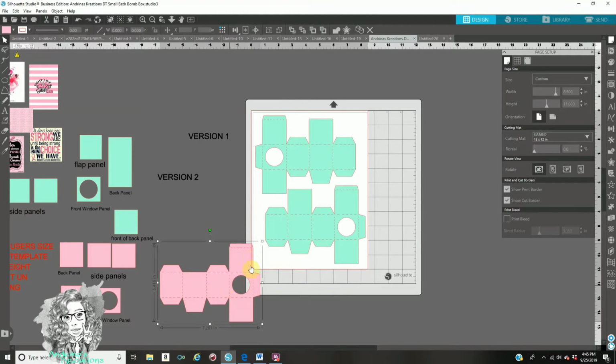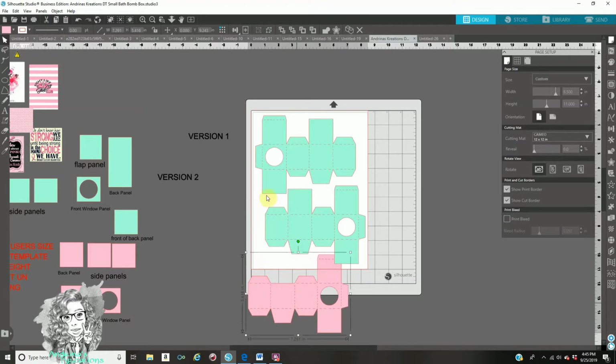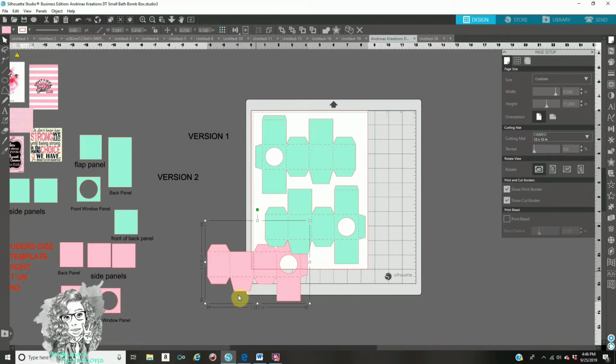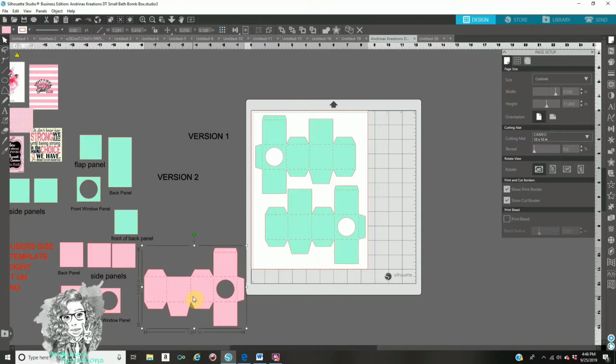Once it's grouped, you can do the same thing and bring this to your paper and cut it out. Again, right click, duplicate it, and flip horizontal for the second one, so two could fit in a piece of paper. Once you are ready to cut this out,